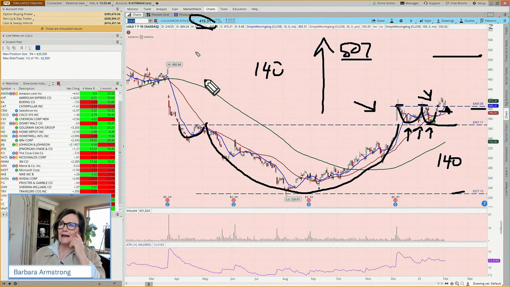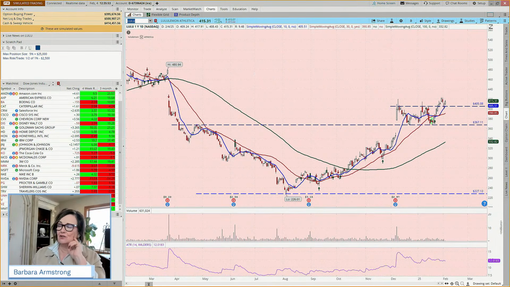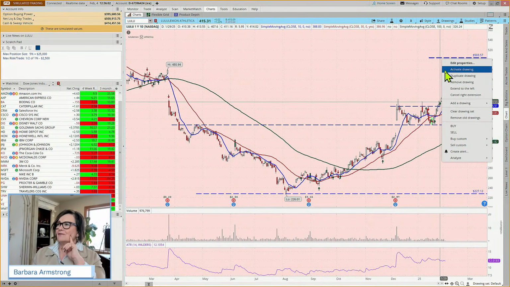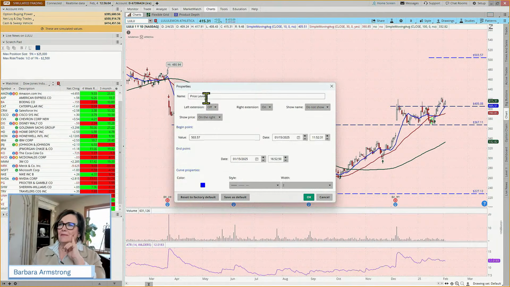Somebody's saying, is it more important to look at the last couple of months? Well, it depends on what time frame you're trading. But if our target here based on this pattern could be around that 507 mark, maybe we knock a little bit off it. It's currently trading at 415. What if we made it 499? And we bought some shares.